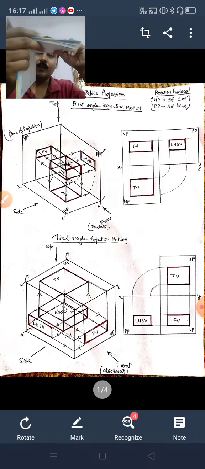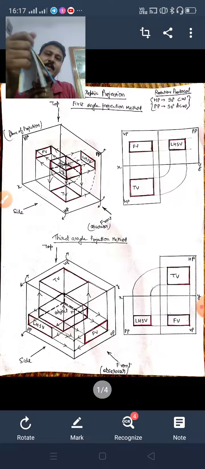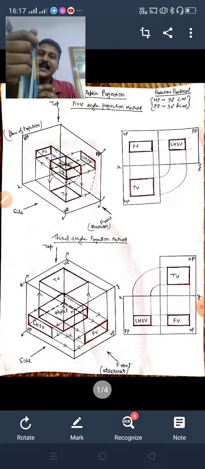Now in the fourth quadrant, like this is VP, this is HP. What is the rotation protocol? We have to rotate the HP 90 degrees clockwise. So we are rotating it like this. So now both HP and VP are below the XY line. So your front view and top view both will overlap. The figure gets congested, very cumbersome, very tedious to understand. That's why the second and fourth quadrants are not used for presentation.